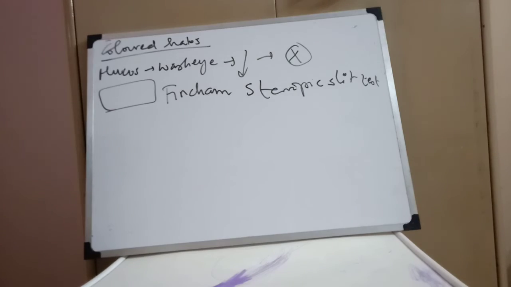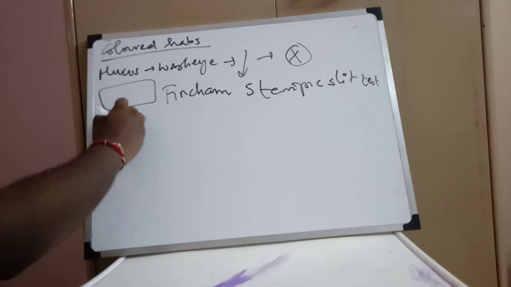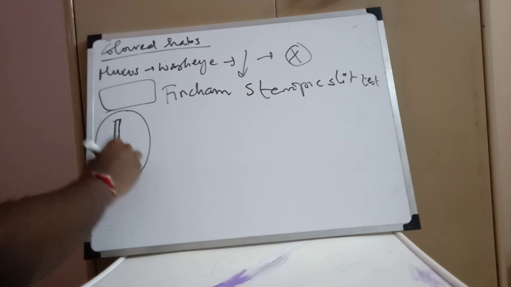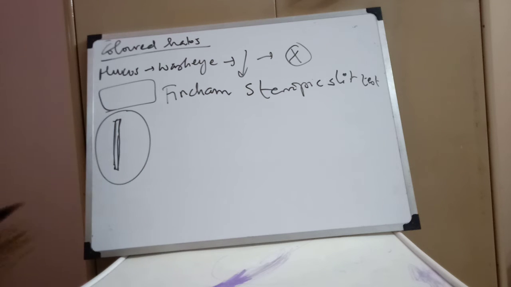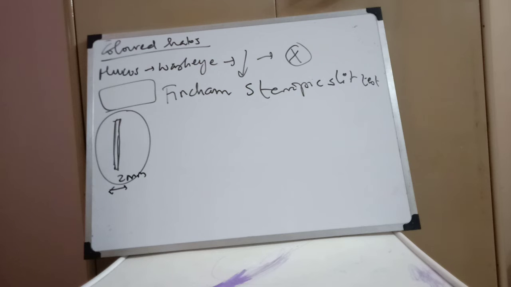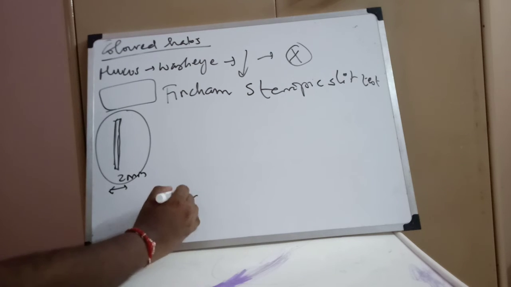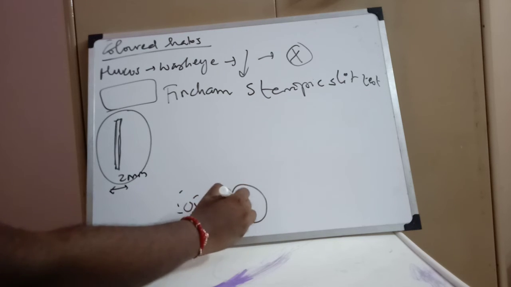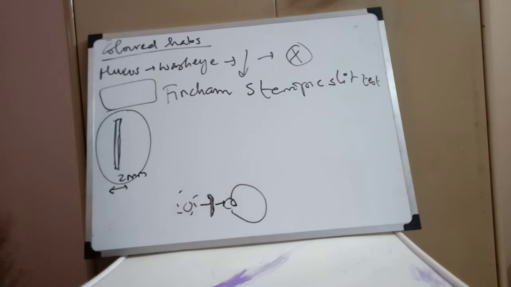What you're going to do here is you're going to take a hard cardboard box in which you're going to have a 2 mm wide slit, and you're going to pass it in front of the eye, and you're going to shine a light source. So this is the light source, and you're going to have the slit here, and this is going to be the eye. So the light source is going to pass through. All the light rays are going to get cut off, and a single column of light rays alone is going to pass through the eye.